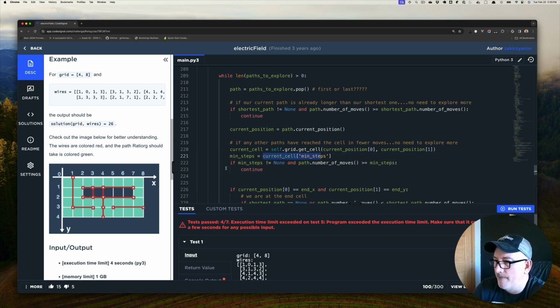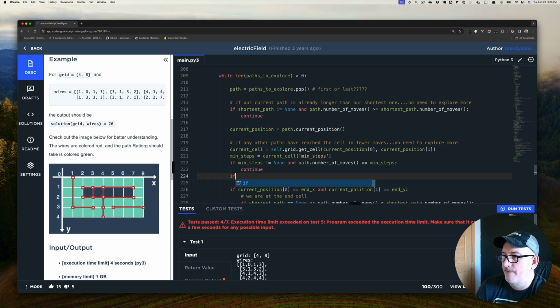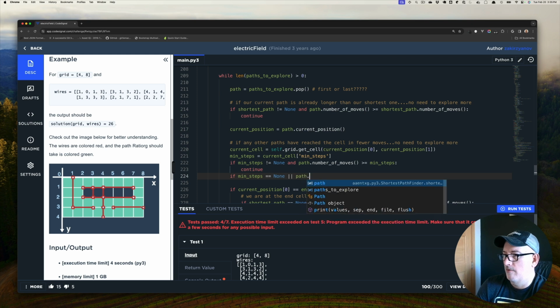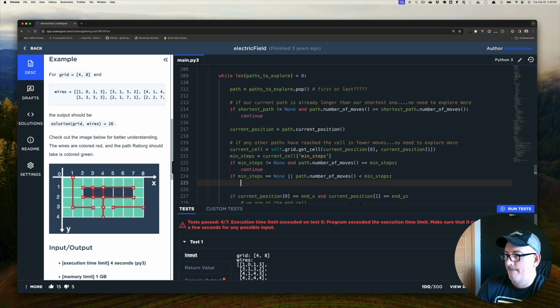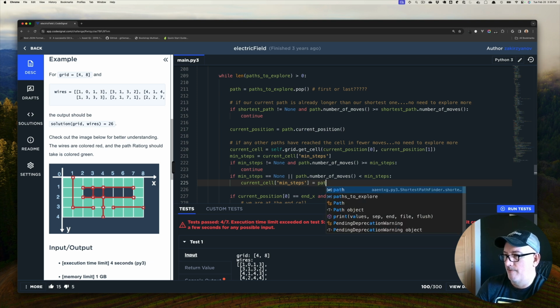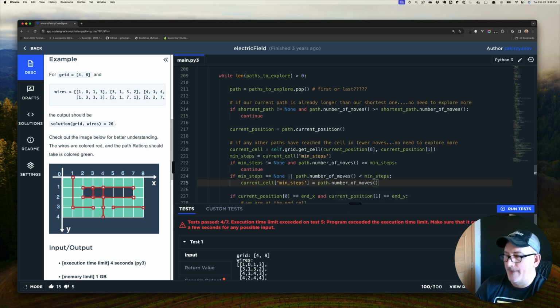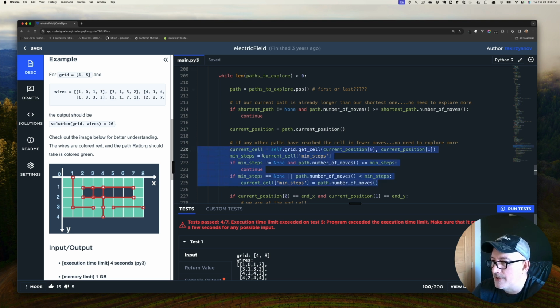So this current cell, so if min steps is equal to none, or my current number of moves is less than min steps, then I want to take this current cell, min steps, and set it equal to my current number of moves. I think this is a little bit complex, but let's go through it real quick. I think this is right. So if any other paths have reached the cell but in fewer moves, then there's no need to explore. So I'm getting the current cell from the grid, and then I get the minimum number of steps